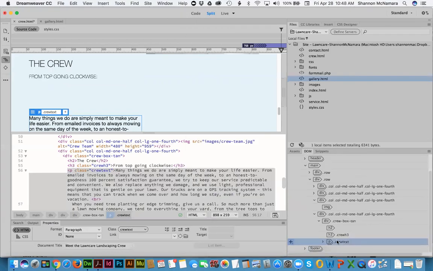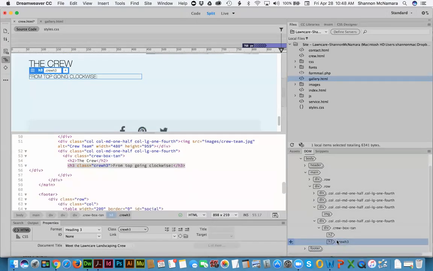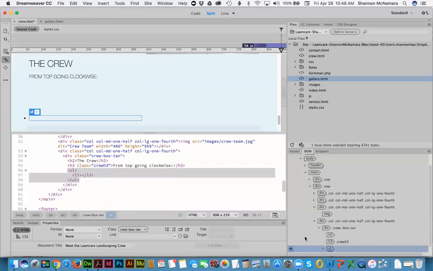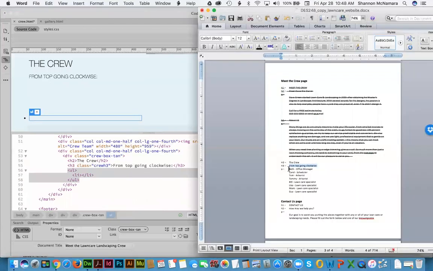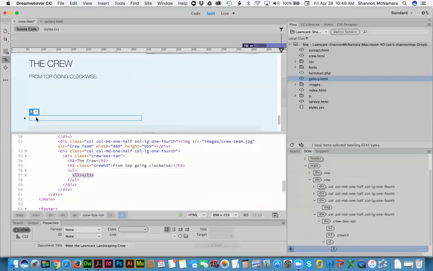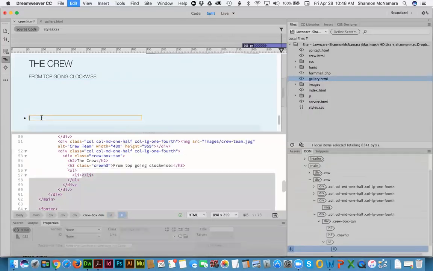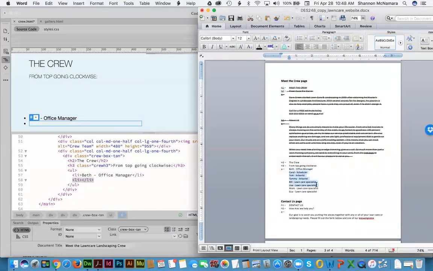So I'm just going to go in and delete that paragraph tag right there. And I'm going to insert after an unordered list. And it will put in that first bullet point for me. And I'm going to grab Beth, Office Manager, paste her in, and hit enter. Then I will grab the rest of them,